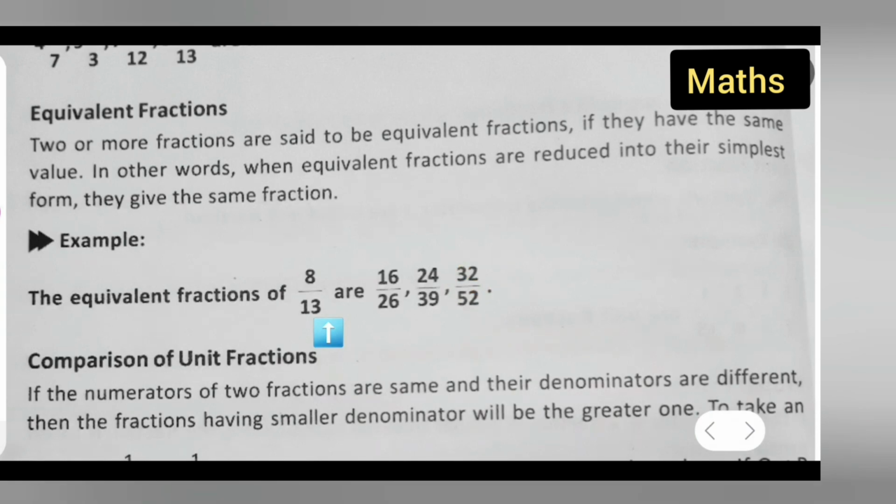Now next let me cancel this part. 2 ones are 2, 2 twos are 2 1. Okay, in the table of 3 it will go, right? So 3, okay, 3 8s are... 3 ones are 3, 3 3s are 9. Then here again it will be 2 8s are 16, 2 1s are 2, 2 3s are 6. So you all are getting 8 upon 13. Okay, so it is like this way.